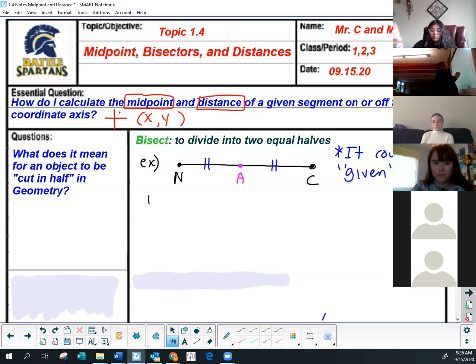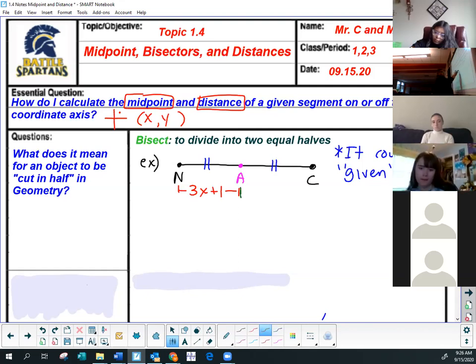Okay, and remember the term given in geometry is a very powerful one. It means like if it was there by the person who wrote the problem, you can trust that it's true. And so if you have this diagram with these tick marks, and just for the sake of solving mathematics, let's say this was 3x plus 1, and this distance was 2x minus 6. Knowing that you have the tick marks, knowing that A is a bisector,